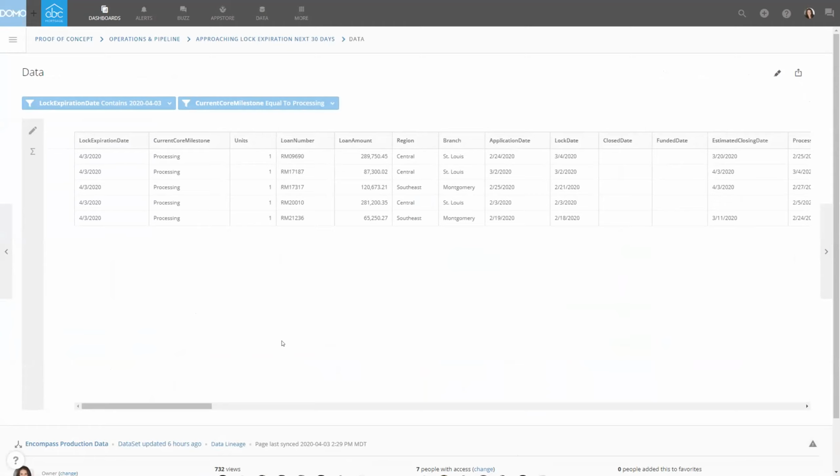If, for example, they're still in processing, I can drill into that detail and see everything I need to see about the loan. Who is the loan officer? Who do I need to talk to to figure out why it's being held up in the process? Do I need to extend a lock? Really, these reports are not just giving you a chart to look at that you then have to go elsewhere to get to the bottom of the data. You have everything that you need right here within the platform.